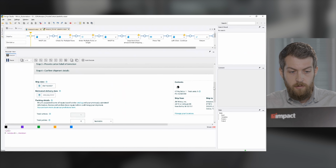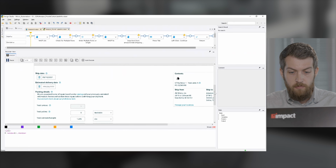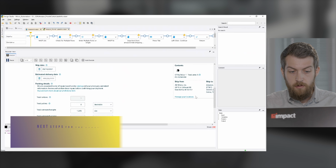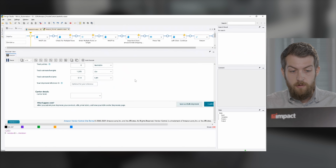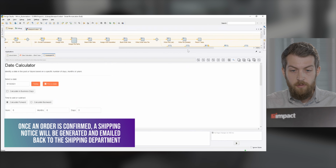So here we are on our confirm shipment details form. This would be the last step in our Amazon process where the robot is going to enter in our estimated ship date, the pallets, estimated weight and volume, and our invoice number that is going to help this company make sure they know where this is at in Amazon. From here, we're going to confirm this and send it, and that will generate a shipping notice that the robot will then grab out